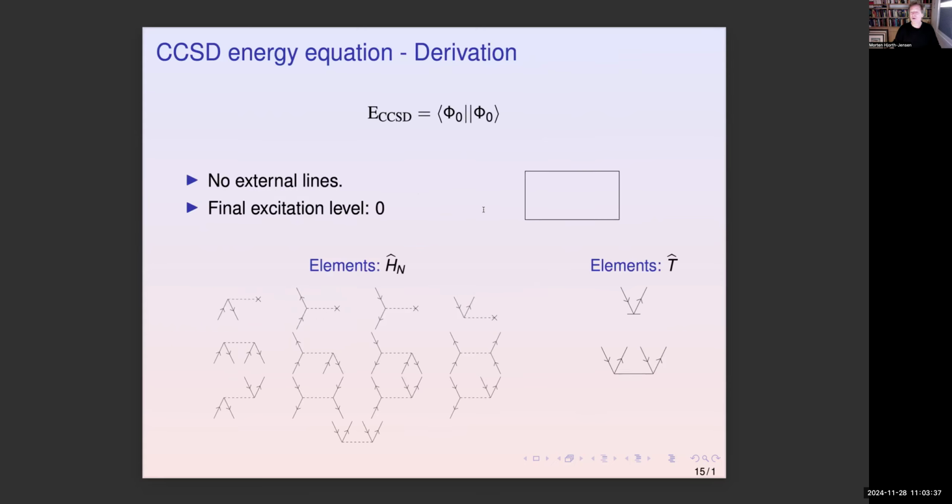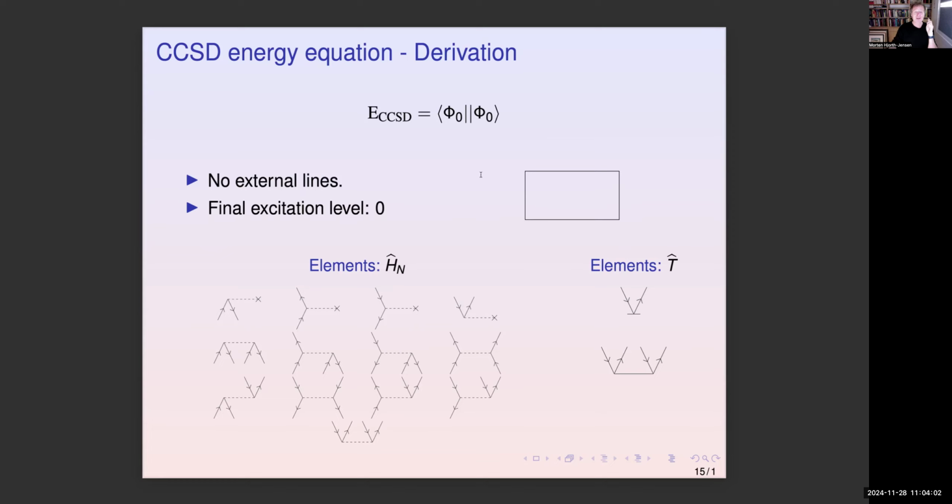And now, after the break, we are going to look at the type of contributions which we get. So what we are doing now is to take the elements from T, the operator. So this comes from these commutators which we have with H and T. And then we take the elements of H here, and the final excitation level is 0. So we just mark that one with this